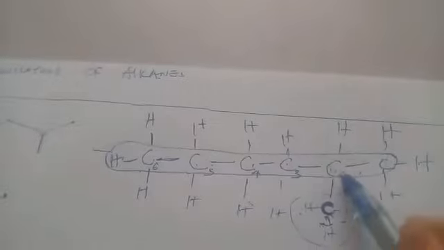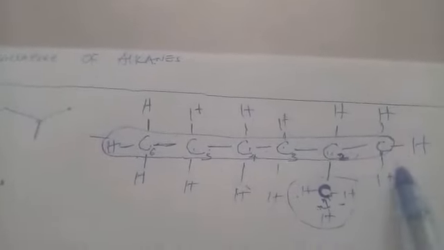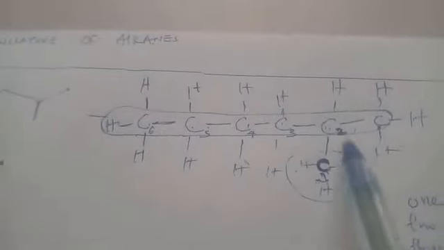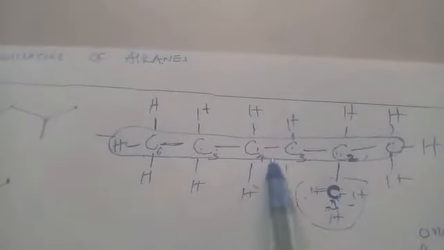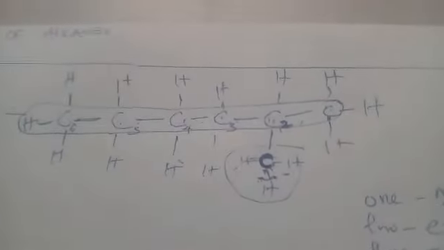Now this substituent is positioned on the second carbon. Notice we did not label from here, because if we label from here it will be 1, 2, 3, 4, 5. The substituent will be on the 5th carbon, which makes it wrong. Okay, so